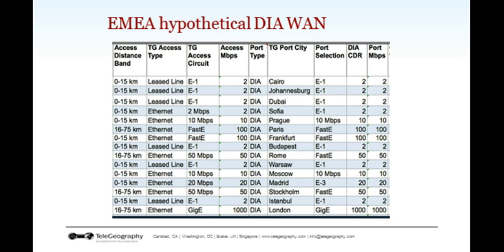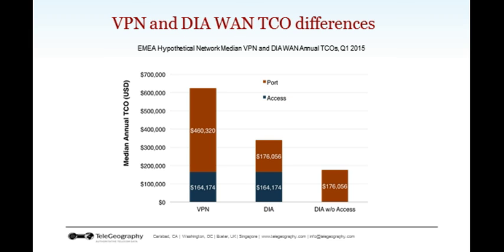If you're buying your DIA from a large provider who may not have your buildings popped, and they have to go out and source local access from a local provider, then they're going to pass that cost through onto you. Otherwise, the prices that we collect, it's very typically the case that if a carrier has popped your building and their business is based on finding customers in the buildings that they have on net, then very often this will be a bundled price that includes both the access and the DIA port charge.